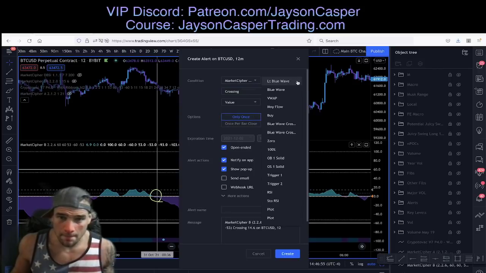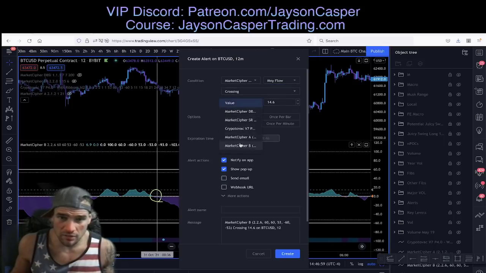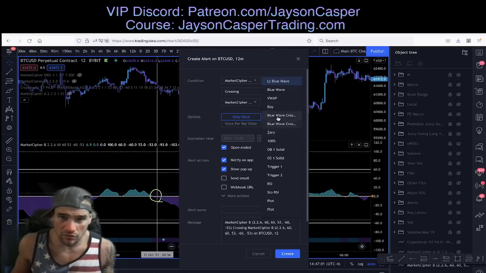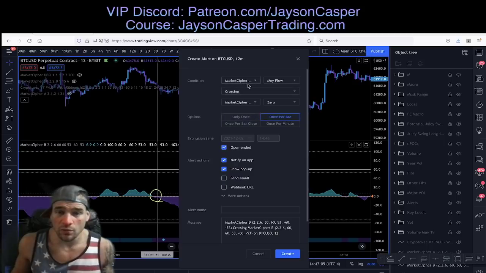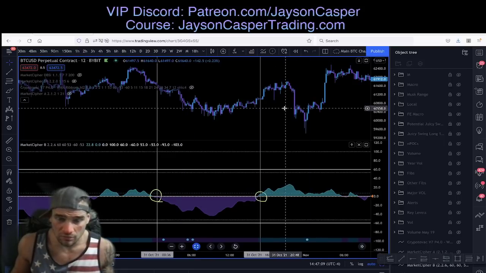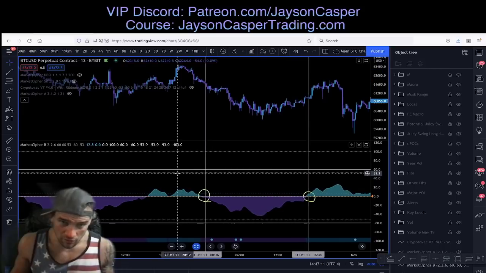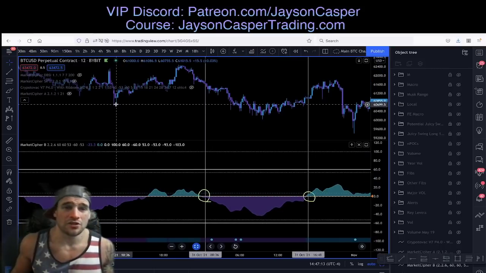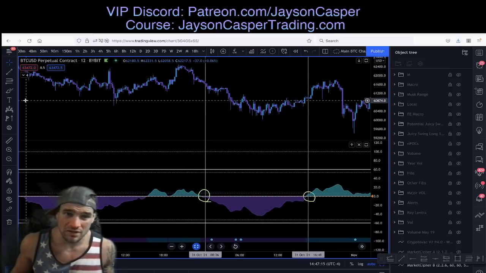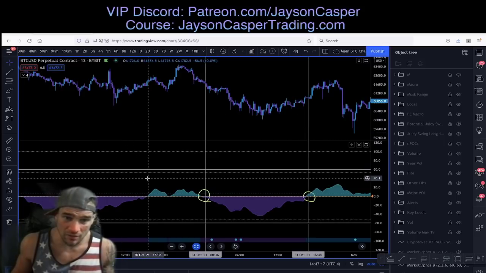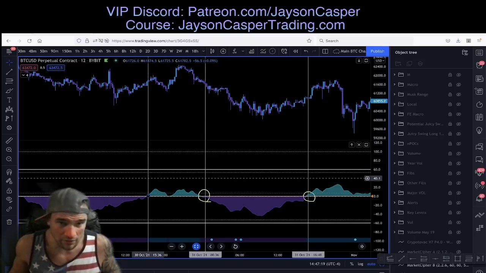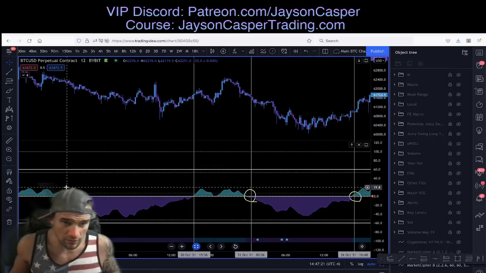Market Cipher B, money flow, crossing, Market Cipher B, zero line, right here. This will alert you, and click once per bar. On the 12-minute time frame, this will alert you every single time that money flow crosses over. So this is step A. We're not even thinking about entering a trade unless the money flow crosses over the zero line on the 12-minute time frame. Just to show you where that would be, right here,